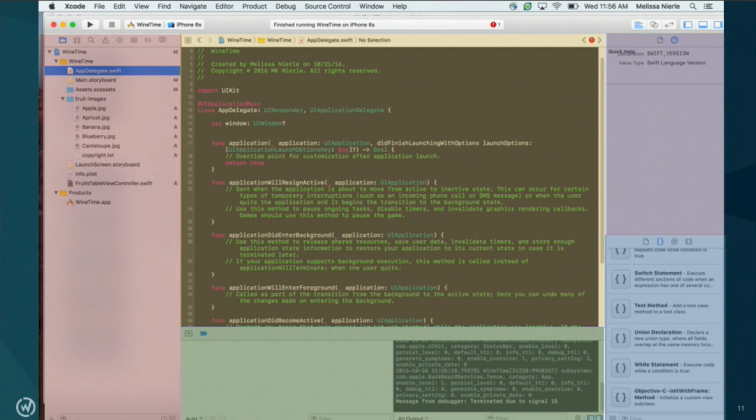Over here in the red, we have our navigator, which has 8 different tabs. We have the project navigator, the symbol navigator from left to right, the search and find navigator, the warnings navigator, the test navigator, the debug navigator, the breakpoint navigator, and the reports navigator. So anytime you hear anything about the navigator, it's going to be on this side, in the red.